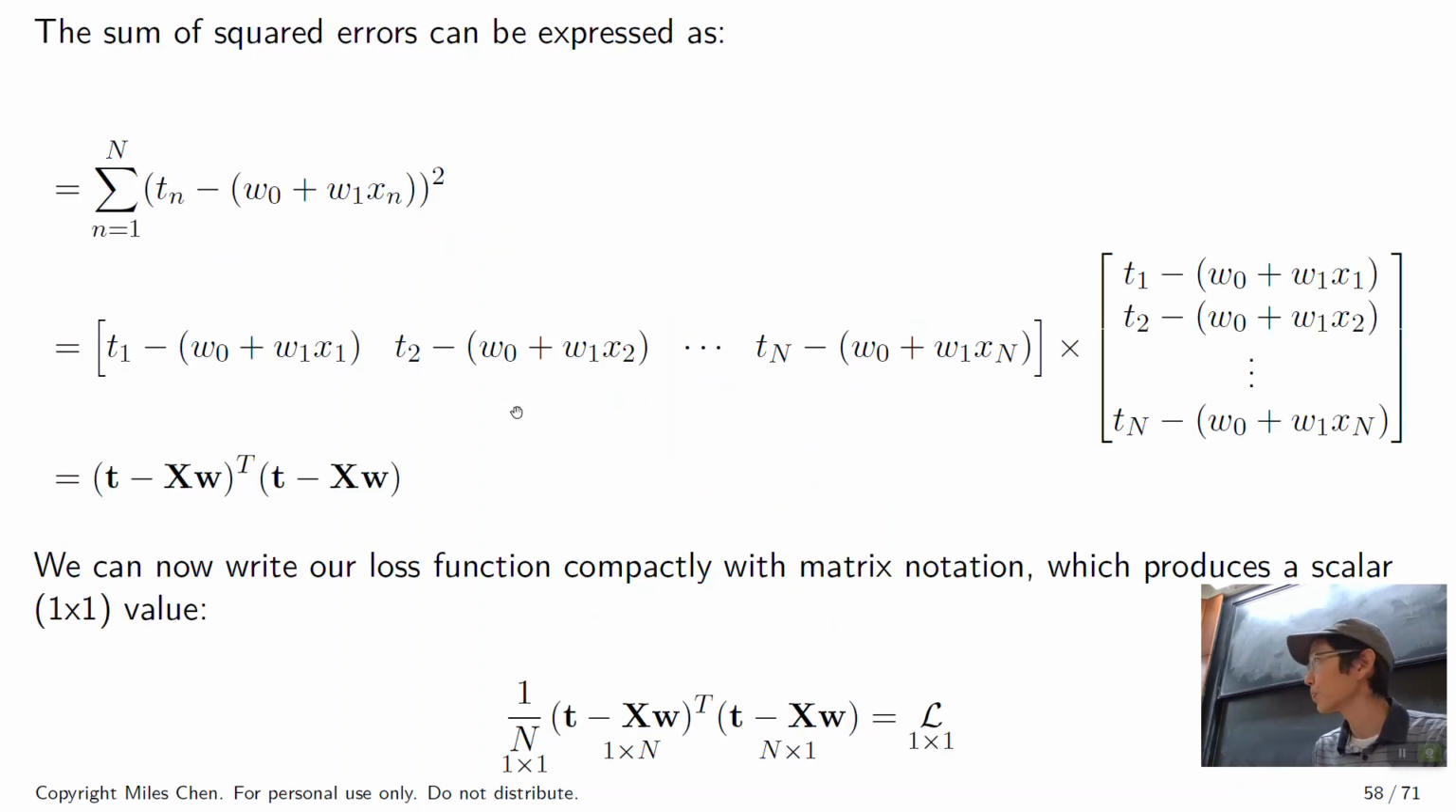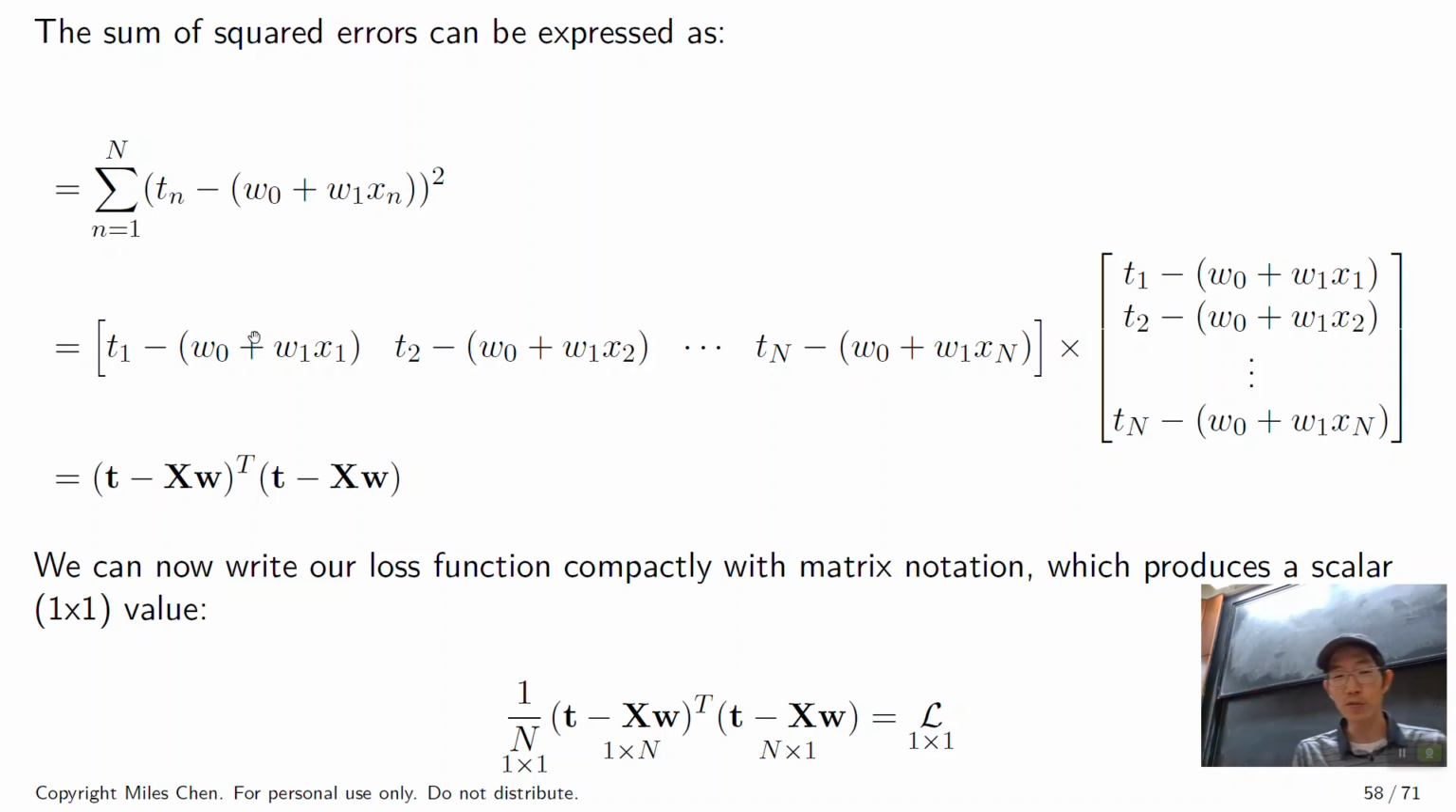And so what is this? This is the sum of squared errors, right? So the sum of squared errors, if I expand this out, okay, we have t1 minus our predicted value for observation 1, t2 minus our predicted value for observation 2, all the way up to tn minus our predicted value for observation n. And then here I have a column here, right? This thing is just the transpose of t minus xw, and this is just the column of t minus xw. And so by having t minus xw transpose times t minus xw, and I do the matrix multiplication,